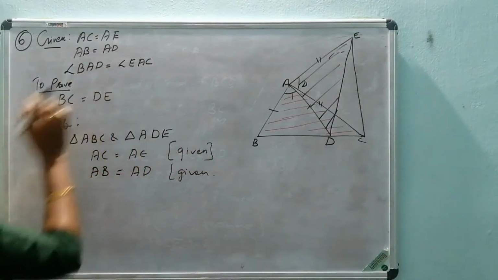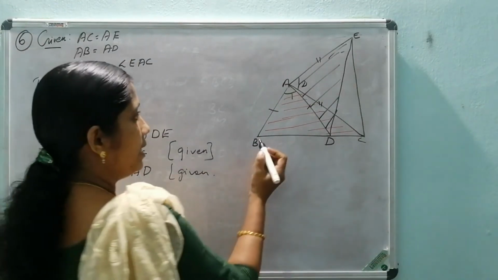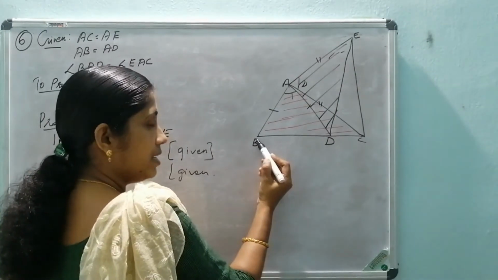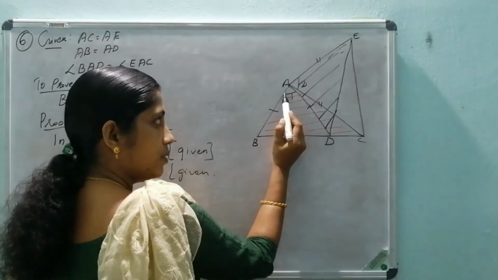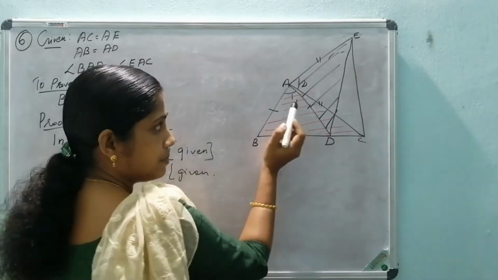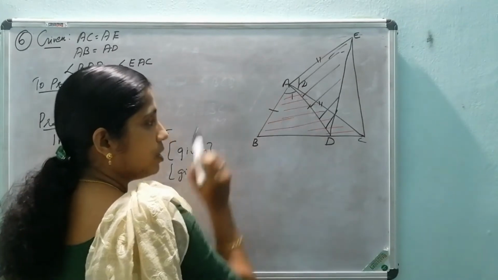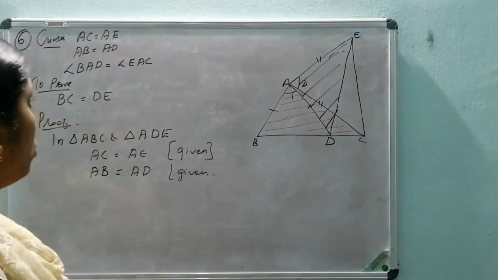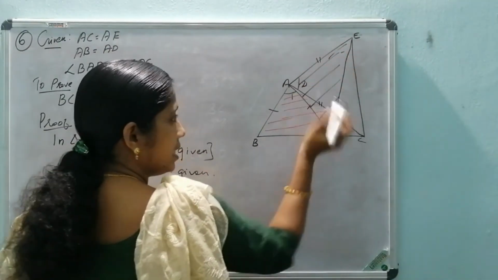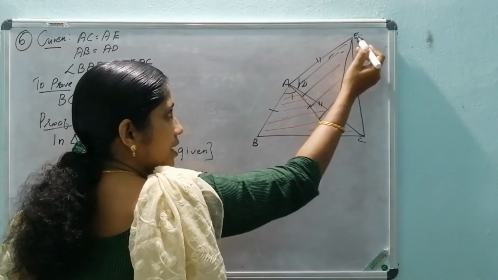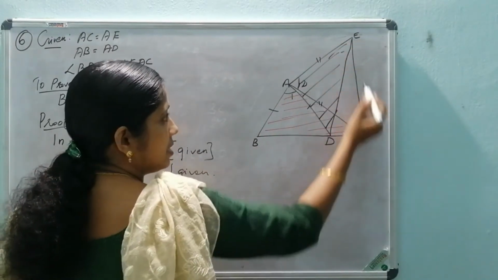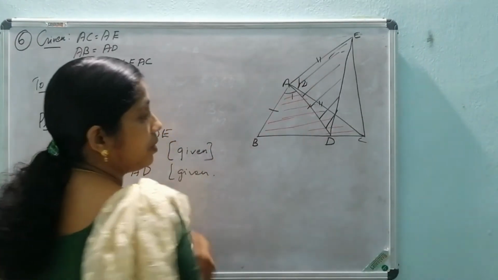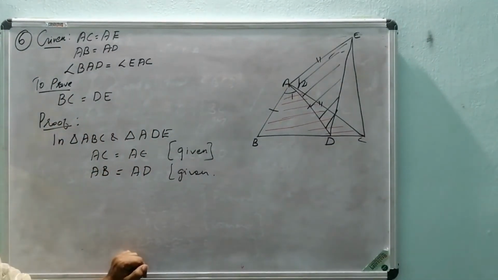Then what is given there? Angle BAD. Is it there in that triangle? No. The triangle is ABC. So BAD is only this much portion. If we say the angle in this triangle, then we have to include this whole portion also. So it is given only that this portion is equal to angle EAC. Angle EAC, that is this portion. In the second triangle also, the angle included is this complete one, that is AED or EAD. This small portion should be included in both angles. Then only we can say about those triangles.